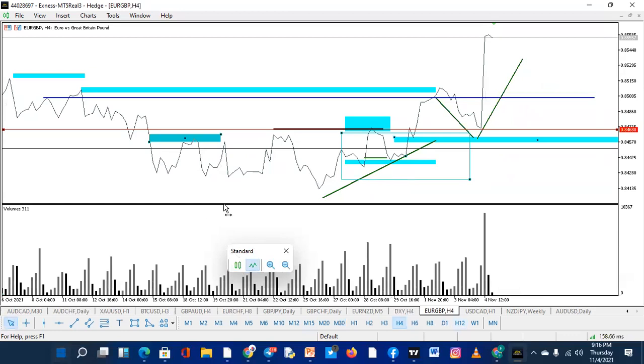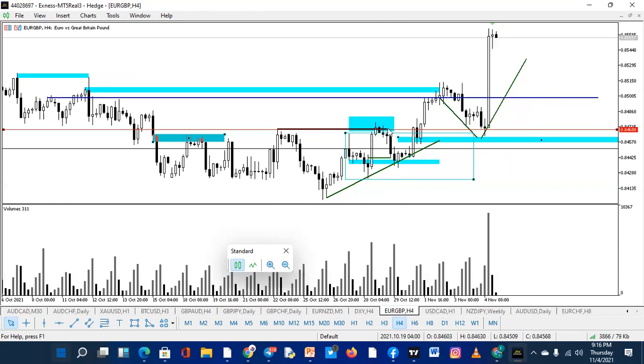So you have a strong, where are we? Okay, so we have a strong resistance that has been broken. But before price broke that resistance,